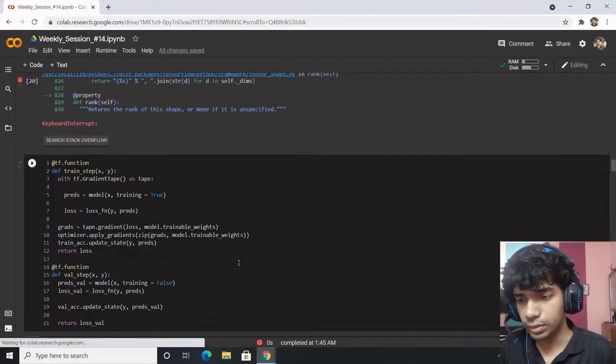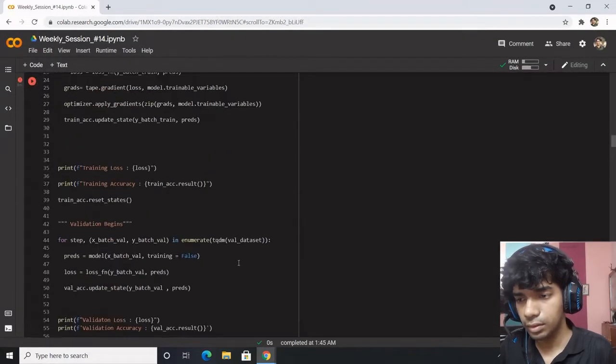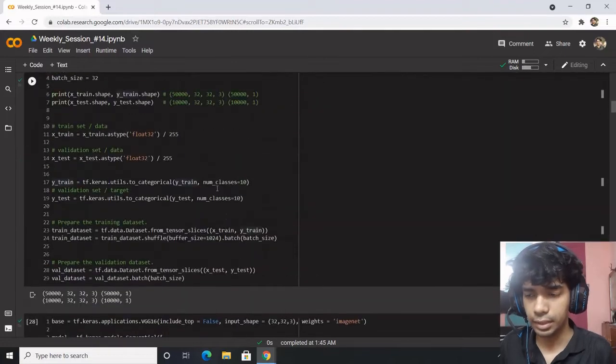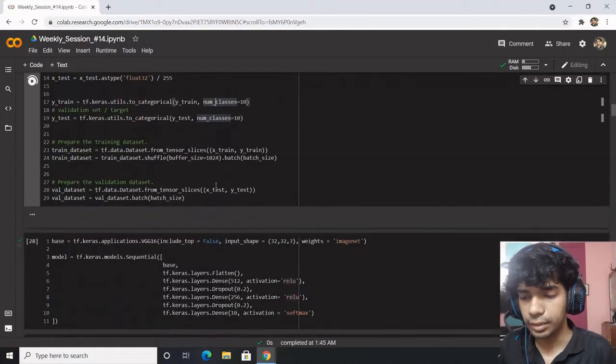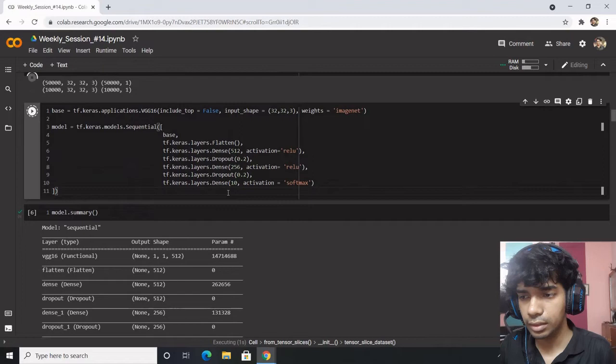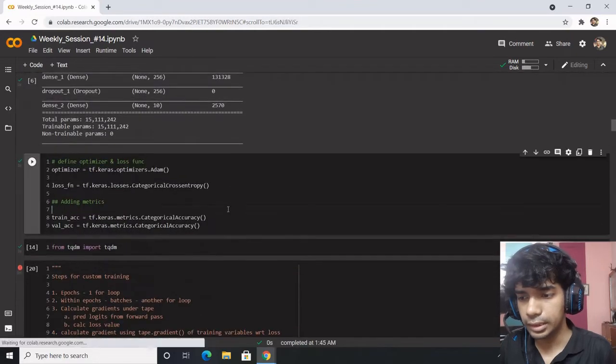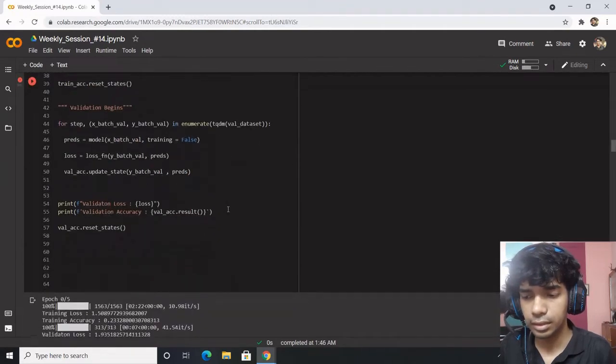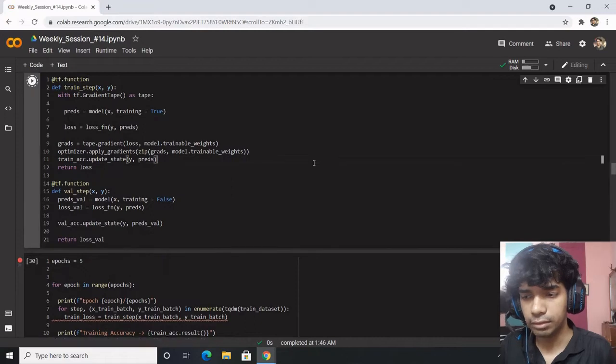So reset was not successful. We skipped over something. Resetting the data, resetting the model, resetting the metrics, resetting the functions.